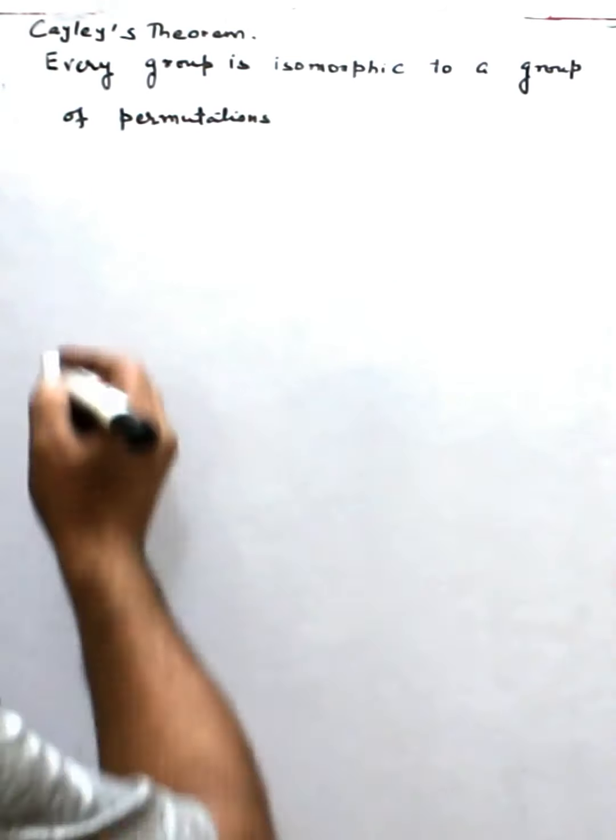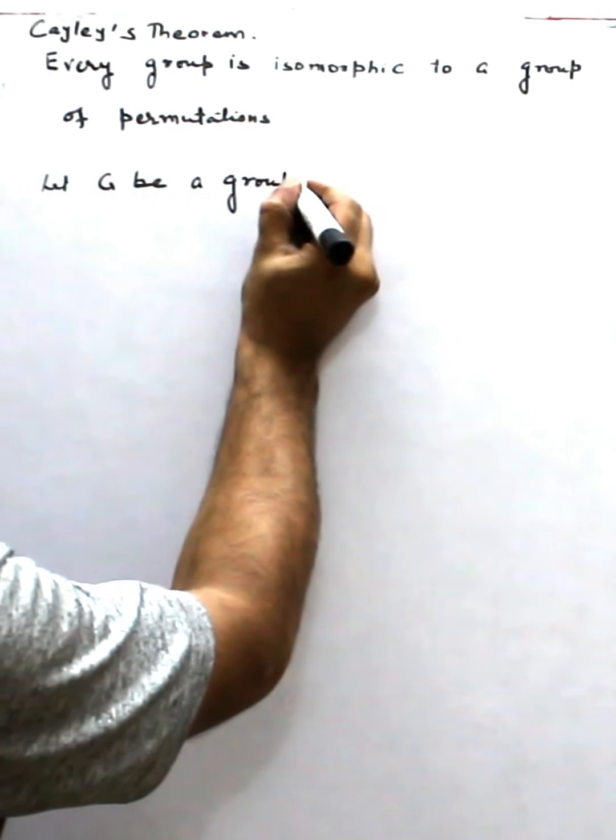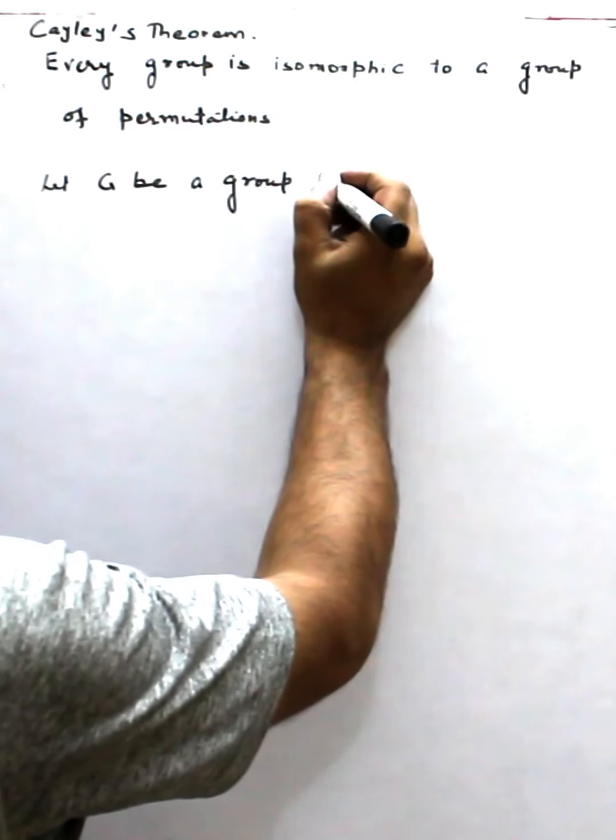Cayley's theorem: every group is isomorphic to a group of permutations. To prove this theorem, let G be a group. First we construct